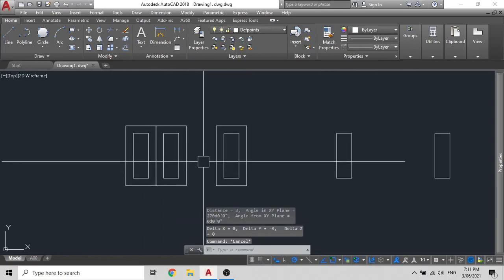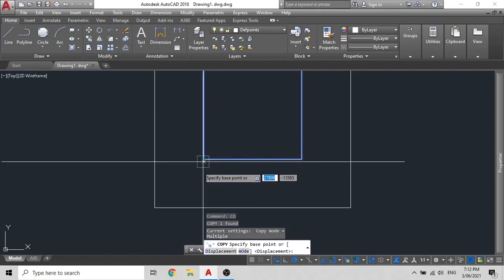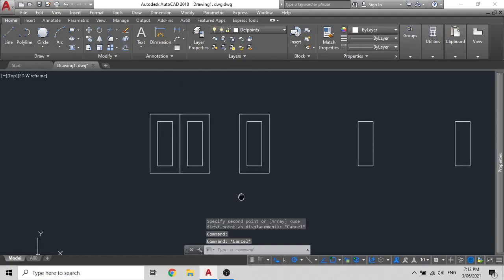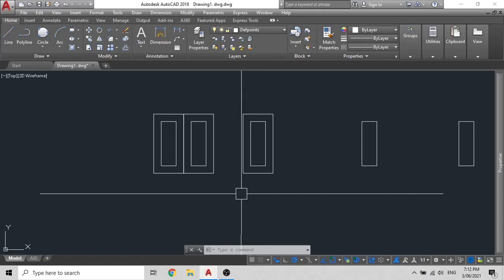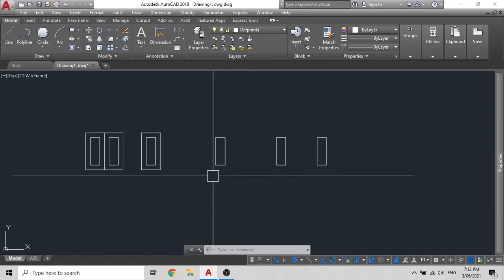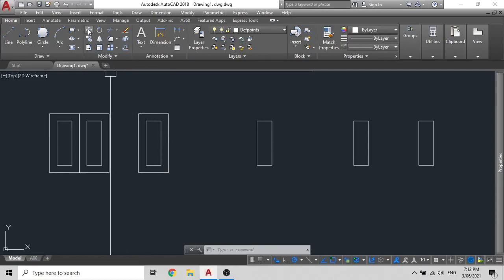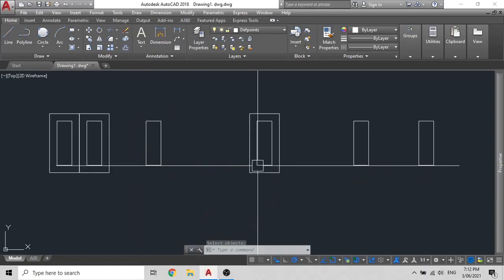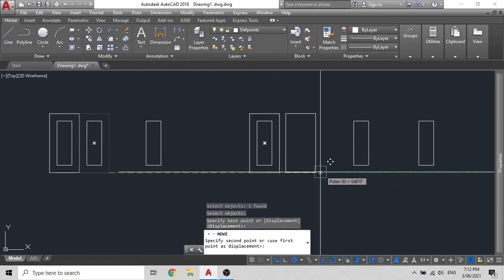This M2P command with copy from base point means you copy not from this part, but from the origin point. It comes in very handy when you are making a floor plan. It saves you quite a bit of time and you can do other things as well. So now what we can do is move. To enter the move command, you can either click on this command, this is move, then select your object, press enter, and move it with a base point, or you can also just move it without a base point if you wish to.